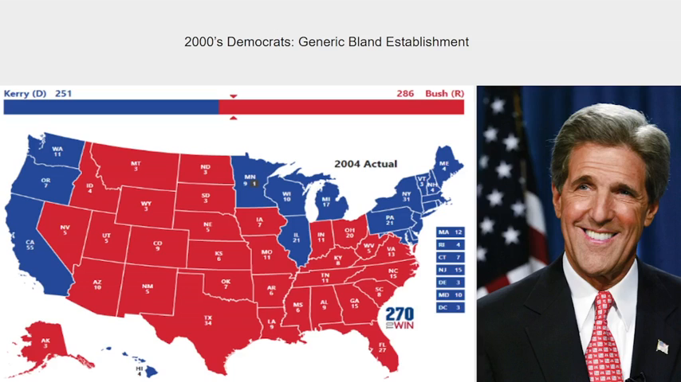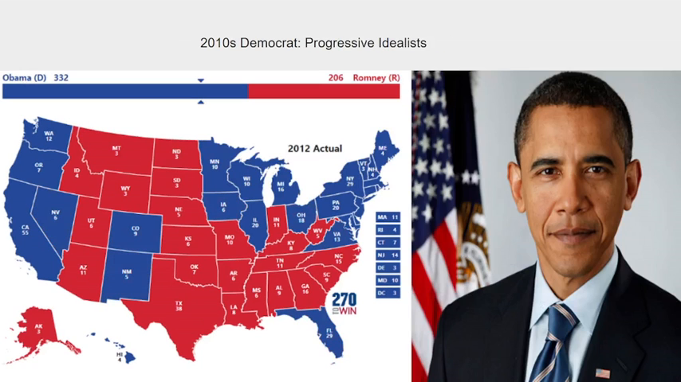So I just put a generic, bland establishment because that's what Kerry was, and I don't know, that's kind of what Gore was too. Anyways. But then Obama came in 2008 and 2012 and said we're gonna be progressives, and that's what the Democrats